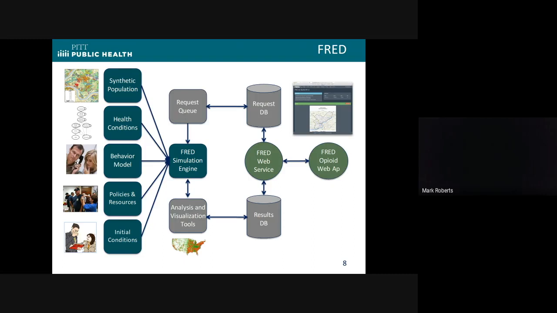It has a fairly complicated simulation engine that can run visualizations and run day by day. The model can run at hour-by-hour levels, but we normally run it day by day. And then if you're running it on the entire United States, you're running a 350 million agent-based simulation model, so it takes a really large cluster or the Pittsburgh supercomputer. But if you run it on just a state or a county, it can run very easily on a single machine.